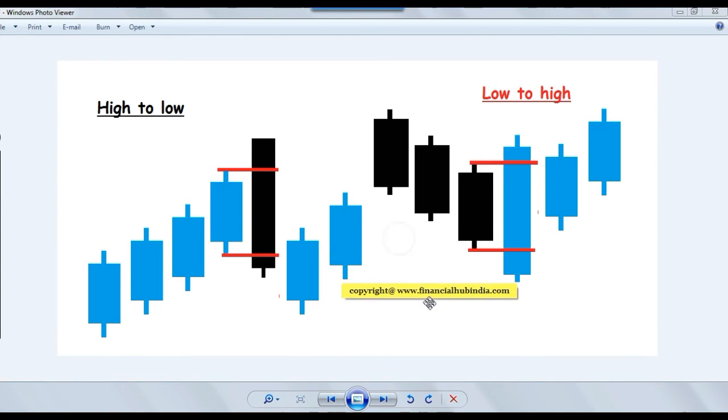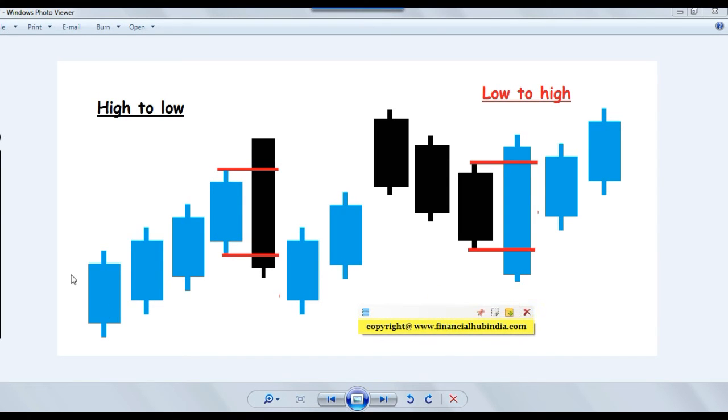Okay, in terms of this one, what happened here? We have 1, 2, 3, 4 candles. So from the low to the highest point, then we got this outsider. Now when we see the outsider candle, what are you supposed to do? We need to jump onto the next candle, which is 5 here, and comparing this outsider and the fifth candle, what has happened? High is broken or low is broken? Low is broken. So from the high to low,